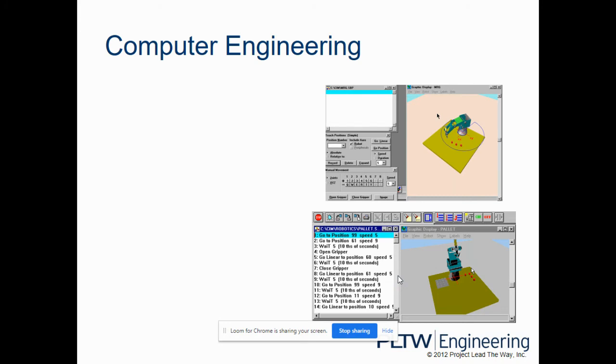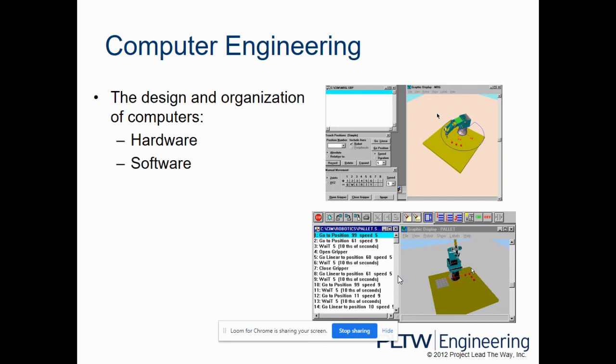A lot of you may be interested in computer engineering, computer science. Computers get more and more powerful, and you need people to take advantage of that. If there's something that you want a computer to do, computer engineers are the ones to do it. And you have to look at two different things. The hardware, that's the stuff you touch, that's the stuff you see, that's the stuff that makes the noise. The software, that's the programming, and that does the computer actually create whatever you see on the screen.